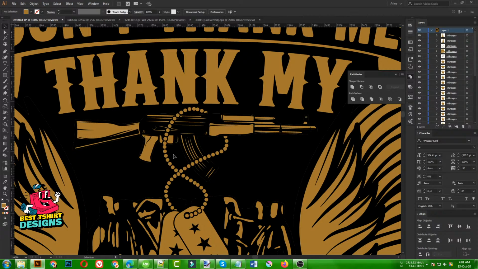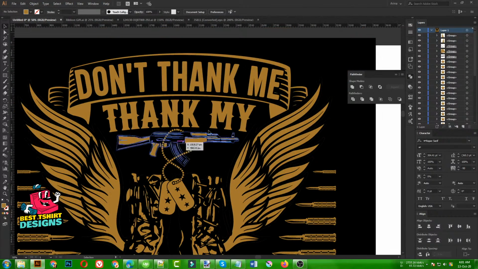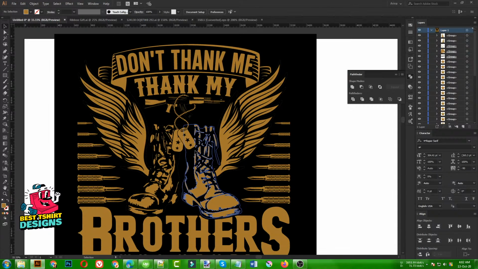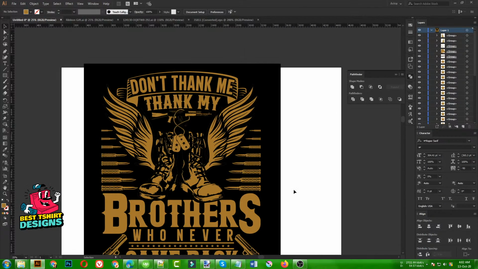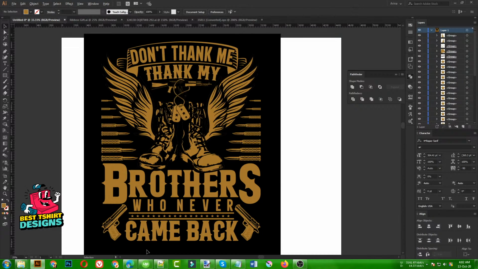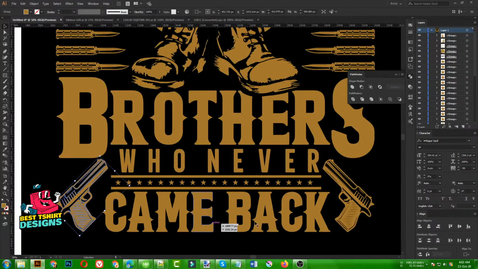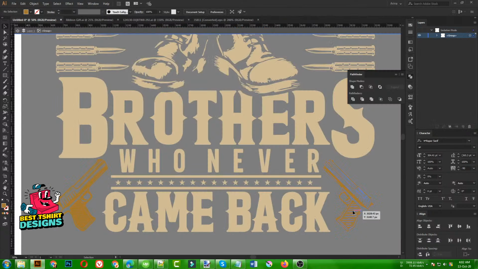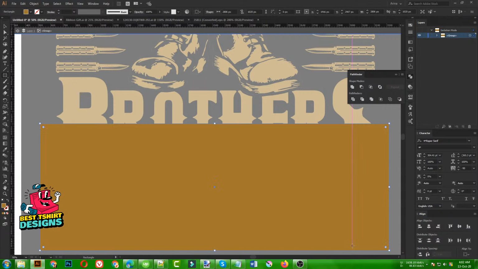So as you can see, this is looking better than before, but as I told you, this area, this boot, is not very much visible, so we need to fix that. Before fixing that, we need to make a group for these two, then select these two together, draw a rectangle, cut, paste in back, then select these two vectors, make them black,